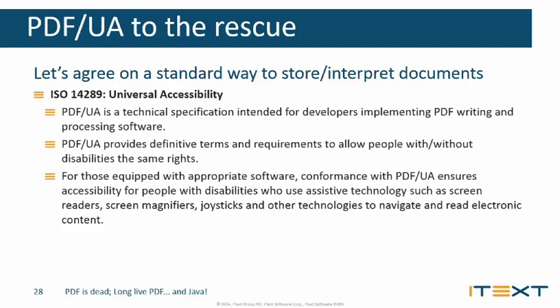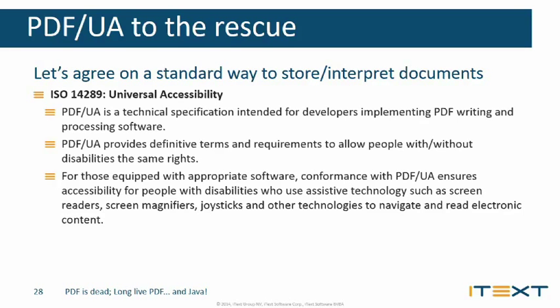So PDF UA is a standard, a technical specification, where we agree on how we are going to present the data and we are going to mark content so that machines can read the document, but also so that the blind and the visually impaired can interpret the document. So if they are colorblind and they don't see the difference between the blue and the purple, you have screen readers, and we'll show an example later on, that can read that stuff out loud so that people who can't see the chart can consume the chart.